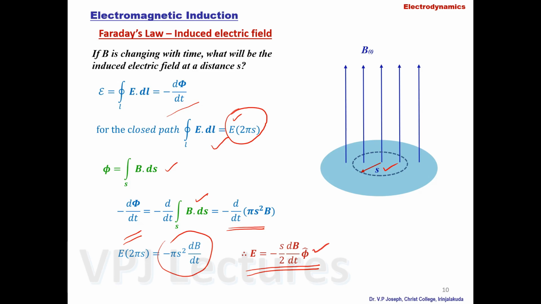So these are simple examples to find out the effect of the induced EMF on different types of circuits. By making use of these principles, we are able to solve different simple problems to find the EMF associated with different types of magnetic flux changing situations, or the electric field associated with a changing magnetic field.